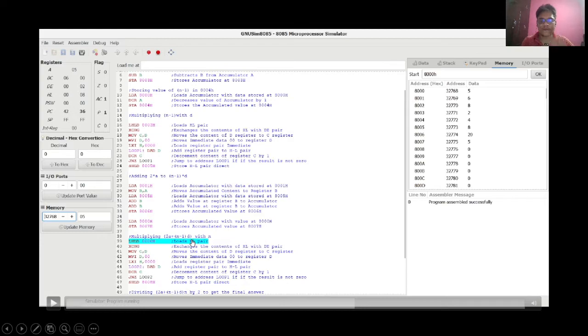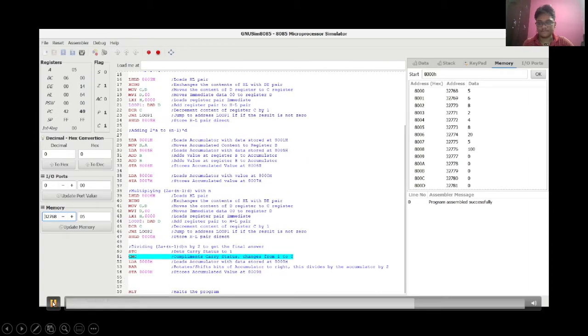So now we will multiply 2a plus n minus 1d with n. So this is 2a plus n minus 1d and this is n. So we will multiply these two values, and as you can see, we are storing it in 8008H. So 20 times 5 is 100. So we should get 100 after this block of code runs. As you can see, this is the same code we have written here. It's just we have changed the memory addresses, and the final storing address. So this is the same code as before. So we will get 100 here. So let's just skip this part because it's the same code as before.